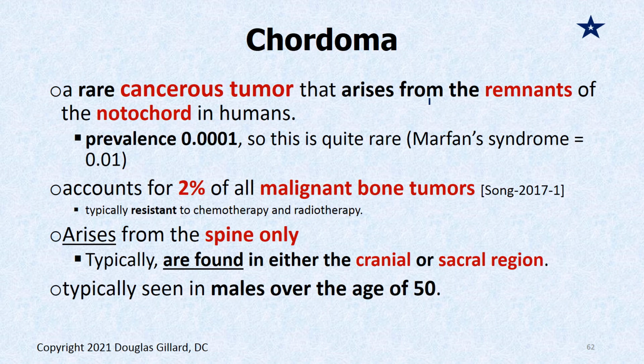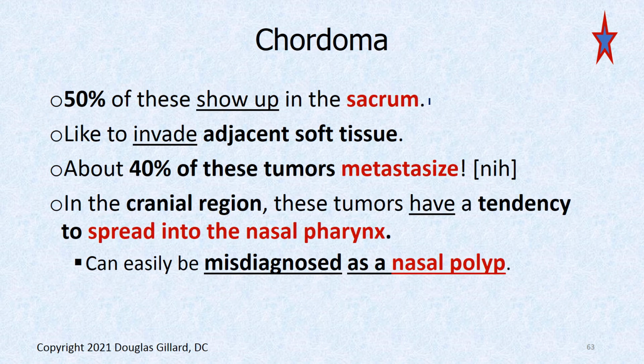That's called a chordoma, and it is a cancerous tumor. It's no good, and it's made of notochord remnants. The prevalence is super rare, 0.0001% of the population. So it's not out there that much, but it does account for 2% of all malignant bone tumors. It arises from the spine only, so it's a spine tumor. It can be found in the sacral region or the cranial region, typically seen after the age of 50. 50% of these are in the sacrum,